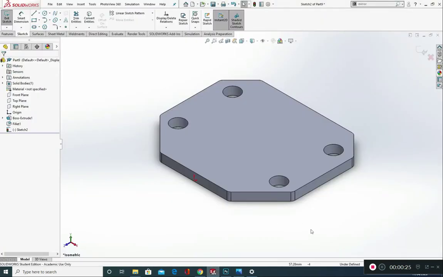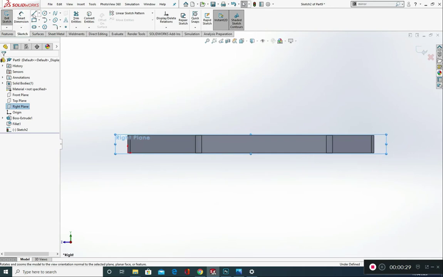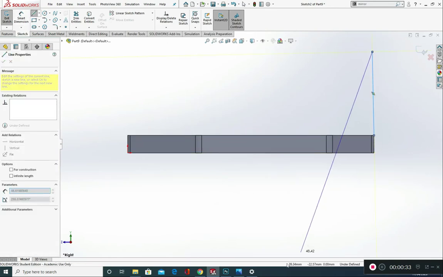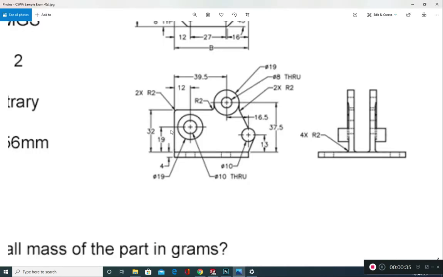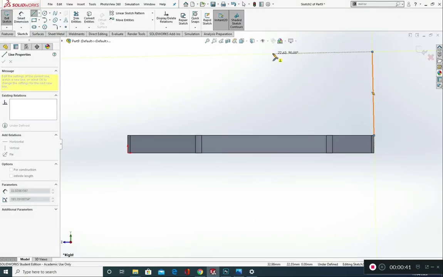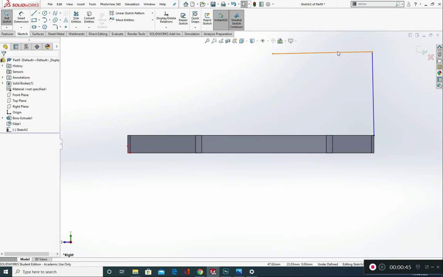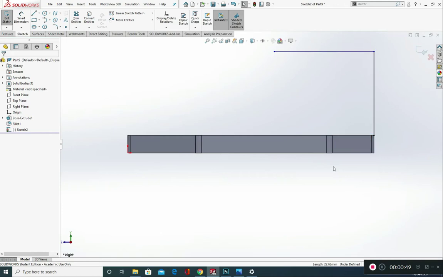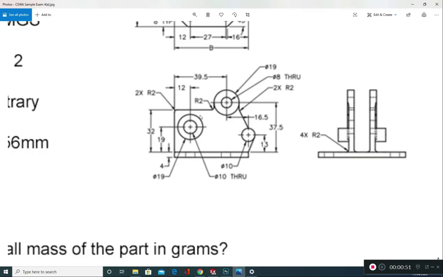So I'm going to go into SolidWorks, into my right plane, normal to, and I'm just going to sketch this back face here, so going up, and I'm going to go across like so. That line doesn't look horizontal. There we go. And then from there, I'm going to start to sketch this circle in here at the front